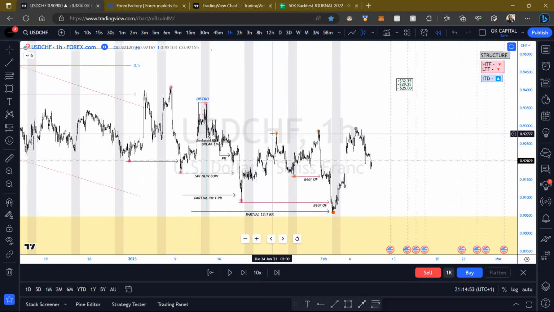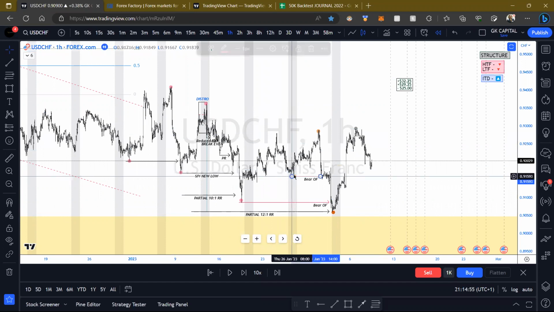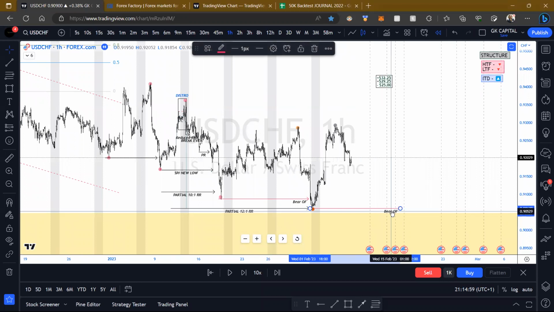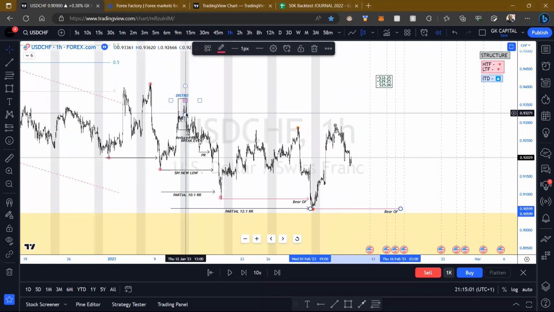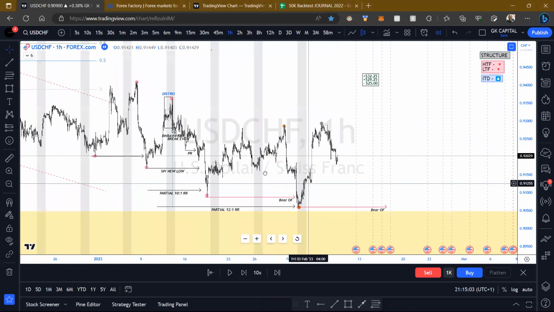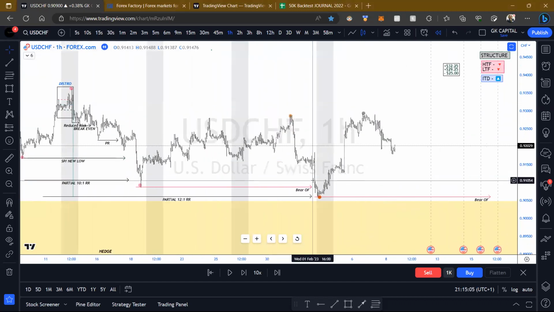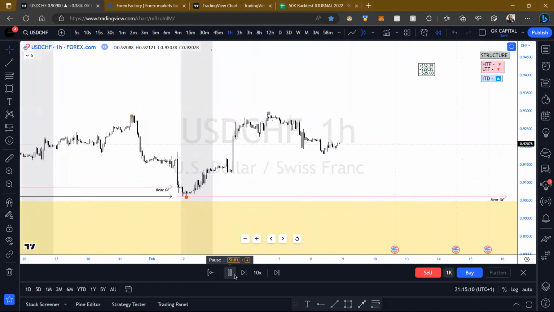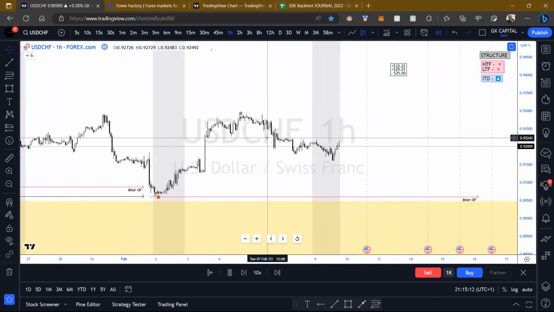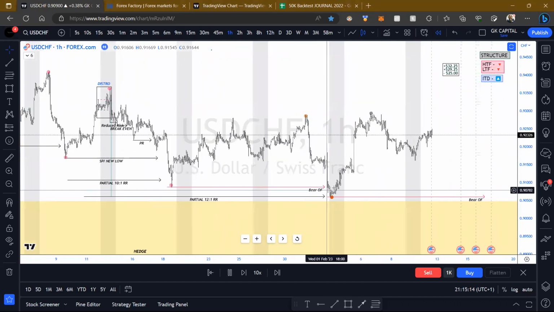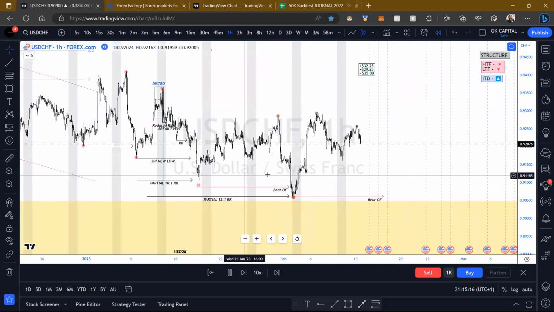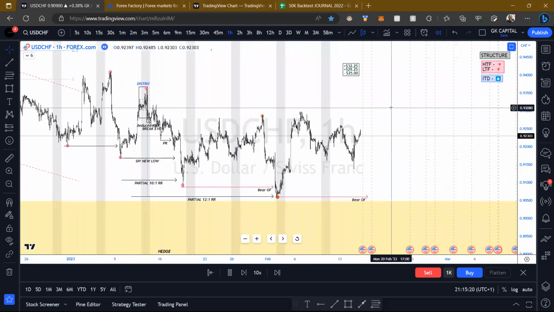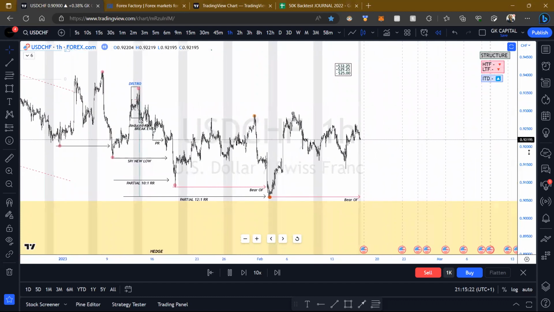Cool. So same thing. I need that to go and make a new low. This entry here we're still in, so we just ride it out. We'll see what happens to it. Okay, cool. So let's see. As I said, for me, I'm not catching any of these. It is what it is. I need price to go and give me that low for a sell, or give me a break here for a buy.